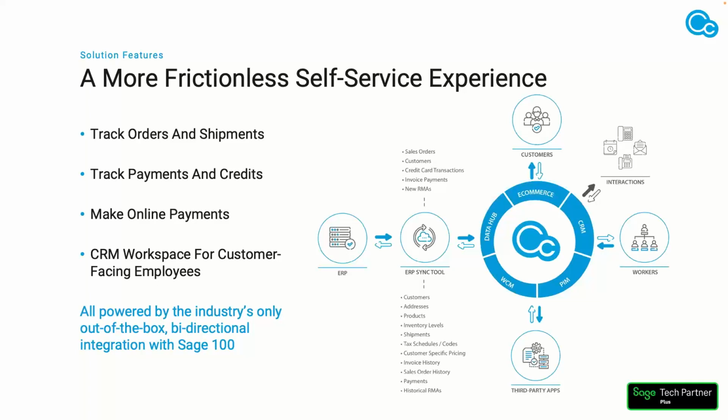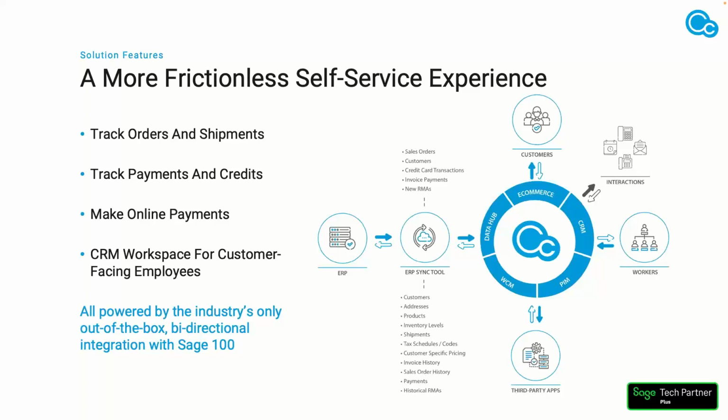So the CIMcloud customer portal, or the Sage 100 customer portal by CIMcloud, is up on screen here. What it allows you to do is give your customers an online tool where they can track orders, they can track shipments, they can track invoices and or the payments that they're making. That could be in the form of a payment in full, that could be a prepayment, that could even be taking an existing credit on their account and applying it against an open invoice. Again, all of that with data coming from Sage 100 and everything being done on the web flowing back into